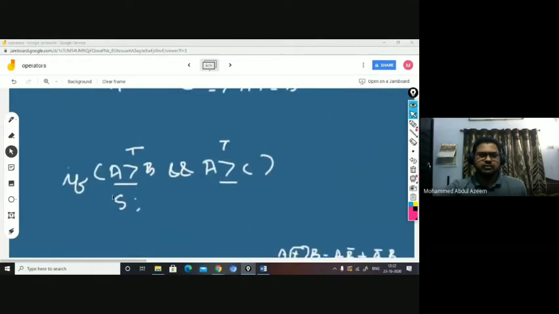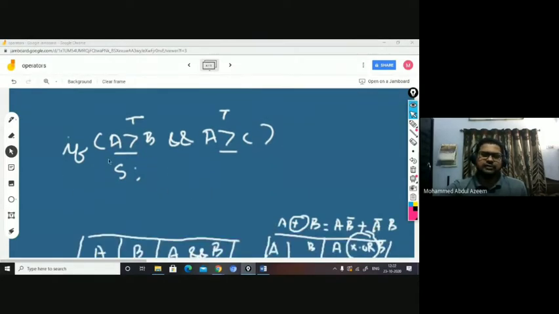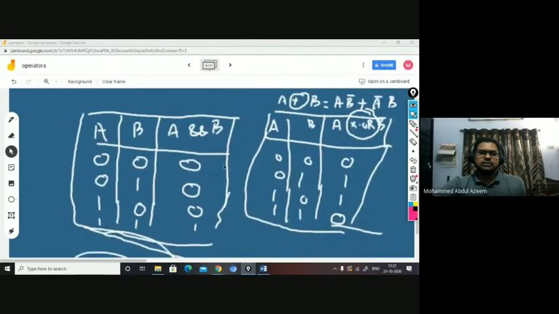Generally, when you have multiple conditions to be checked, you can use logical and and so on. For example, let us say a greater than b and a greater than c. Both are required to be checked, and only when both are true do you want to execute the statement. Then you can use logical and, because in the table of logical and, only when both are one is the result one. Otherwise, it is zero.